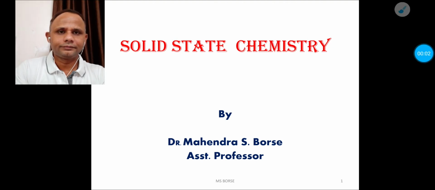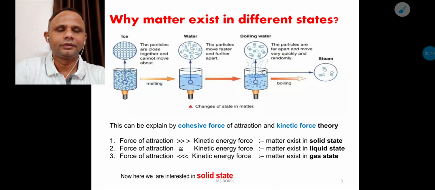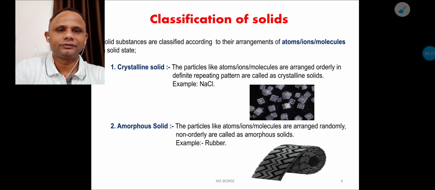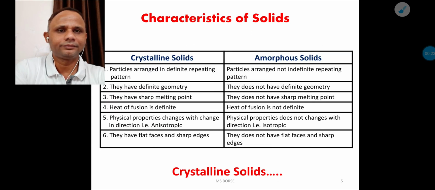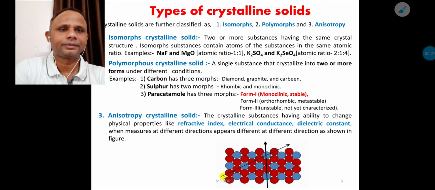Hello student. In this lecture we have already discussed solid state chemistry and its basics: what is matter, and that it exists in three different states: solid, liquid, gaseous. Why matter exists in three different states, classification into crystalline and amorphous solids, properties of crystalline and amorphous solids, then types of crystalline solids on the basis of their structure and applications,